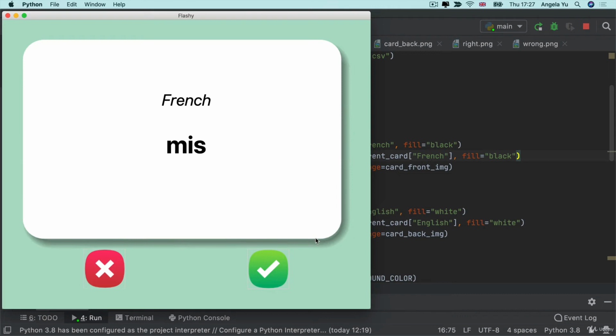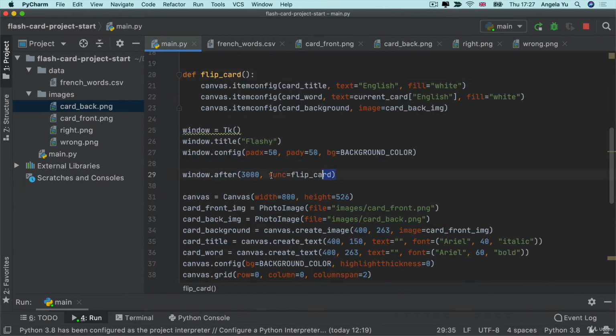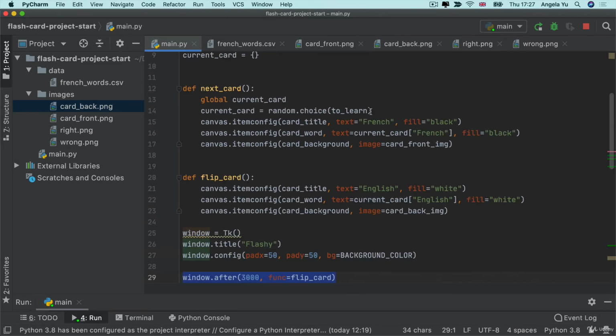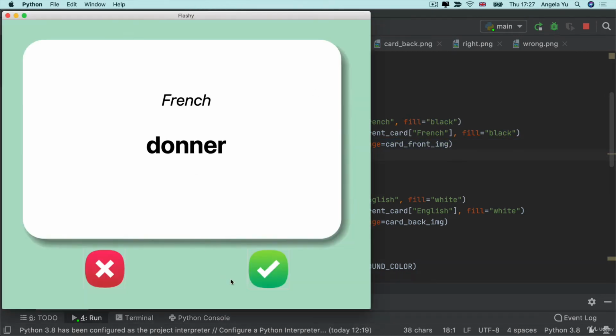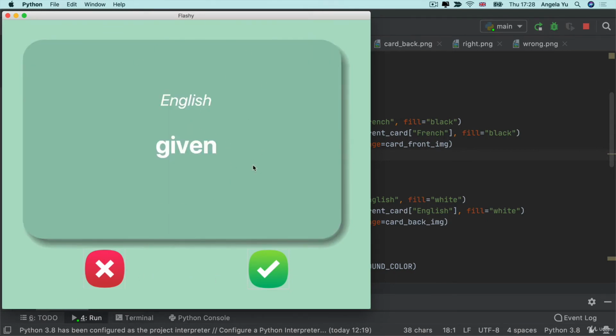Now, notice how once we go to the next card, that card flipping mechanism is gone, because we only ever call this window.after the first time we create the window. So we actually need this to happen a few times. In fact, we need it to happen every single time we go to the next card. So after we've configured all the things on our card, we're going to call window.after 3 seconds, flip card. So this way, even if we go to the next card and we wait 3 seconds, it again goes to